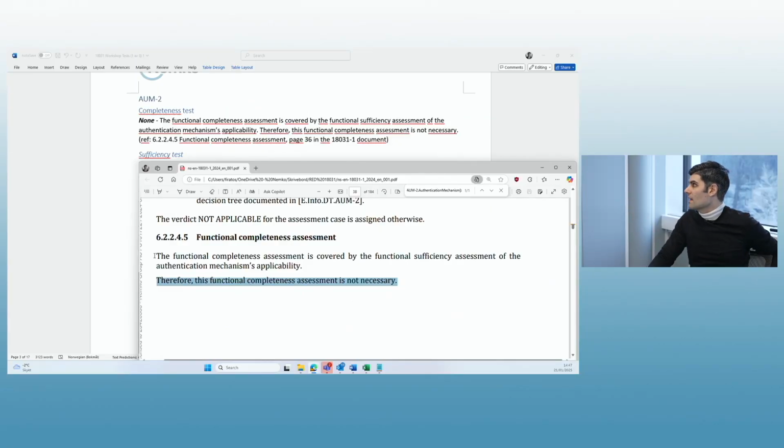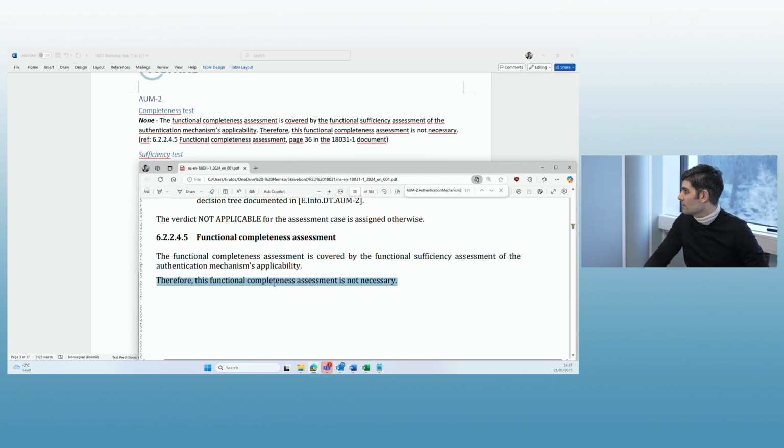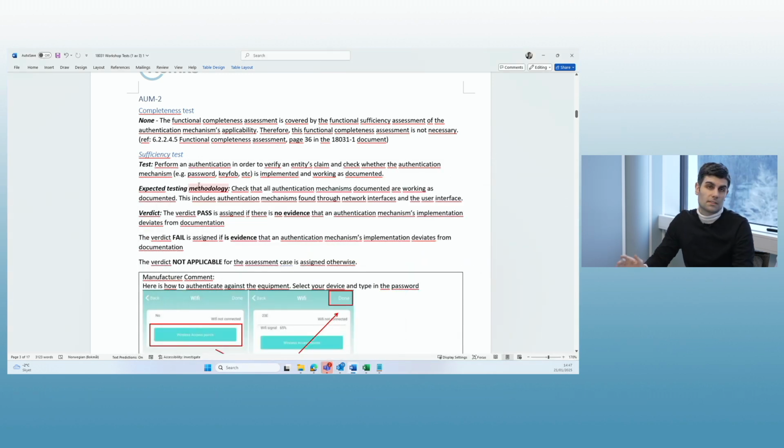The same goes if the sufficiency test is not necessary; it will say something similar. Now you at least know how it will look. This last statement will always be there to tell you straight up if it's none or if it's needed. Since there's no completeness test, we will just focus on the sufficiency